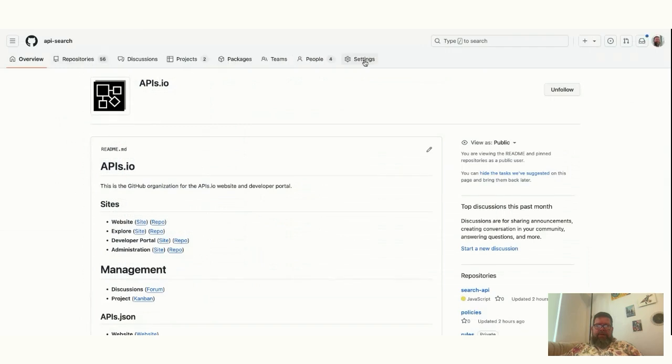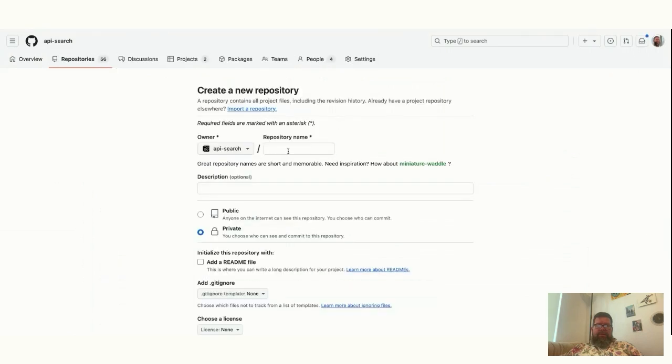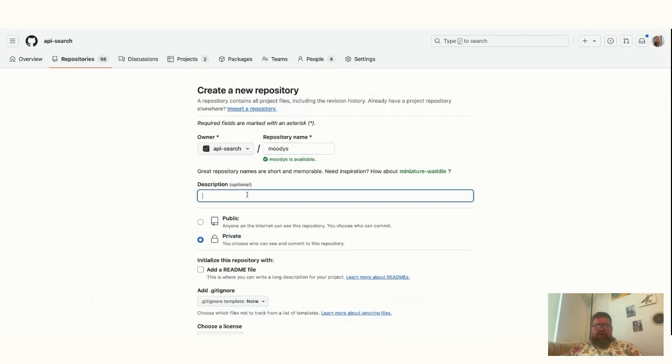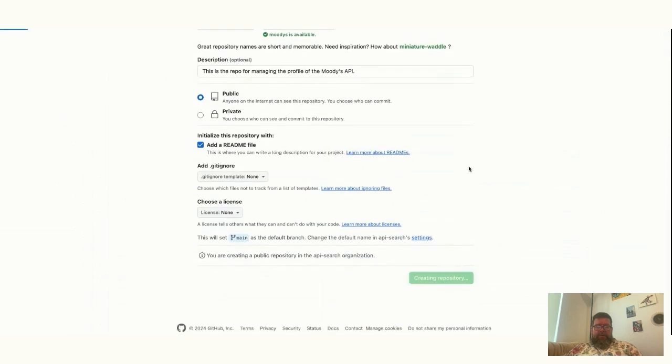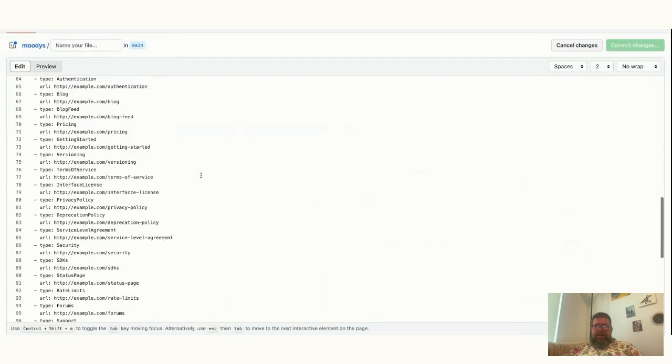website here, and we're going to create a new repository. We're going to call it Moody's, no apostrophe. And this is the repo managing the profile of Moody's API. We're going to keep this public and we're going to add a README. Let's go ahead and create that repo. Let's add a file, create a new file here. We're going to paste in our